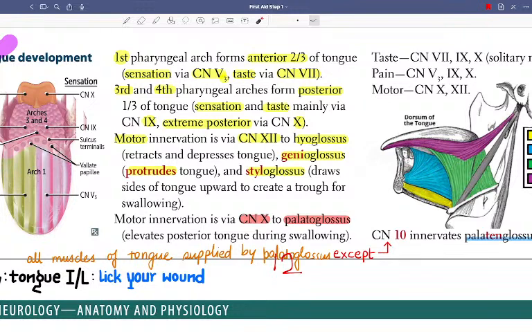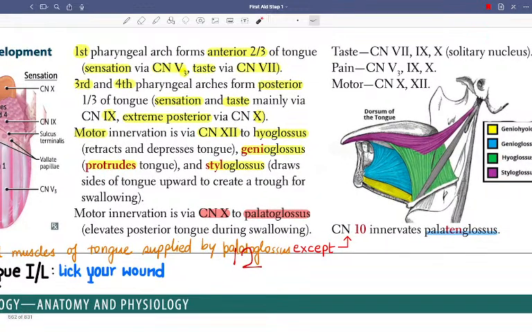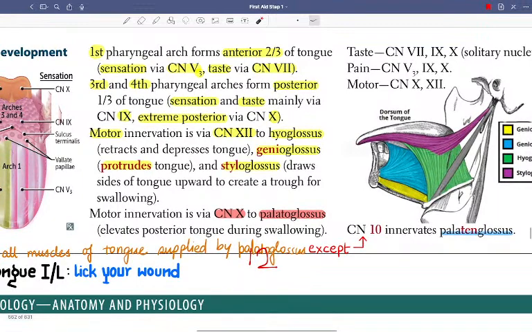All the muscles of the tongue are supplied by cranial nerve 12. I wrote it wrongly annotated here. That is the hypoglossal nerve. All the muscles of the tongue are supplied by cranial nerve 12,